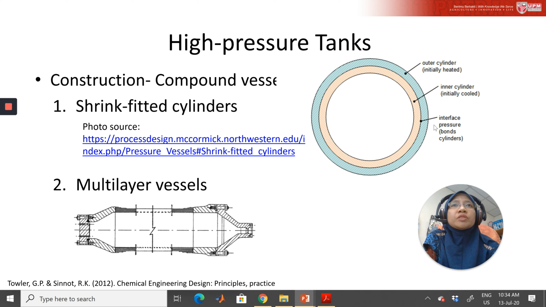There are two cylinders here, if you can see this illustration, which I took from this website. So the inside diameter of the outer cylinder,